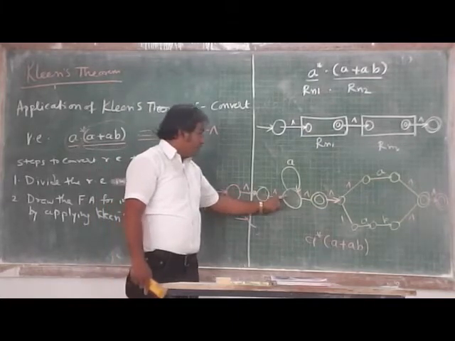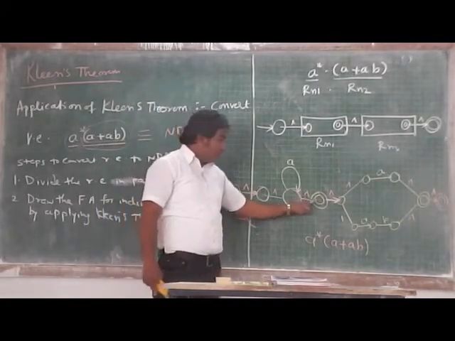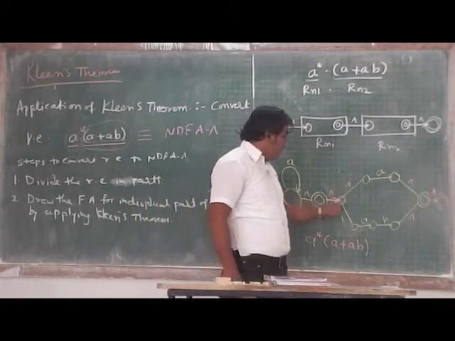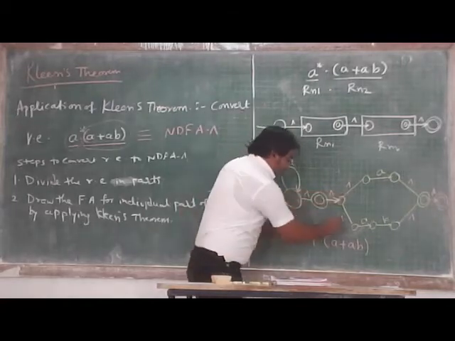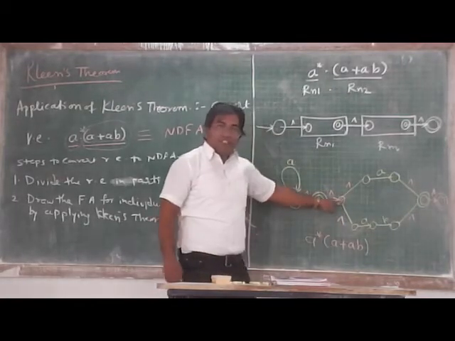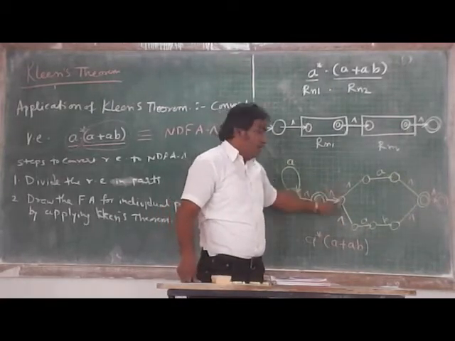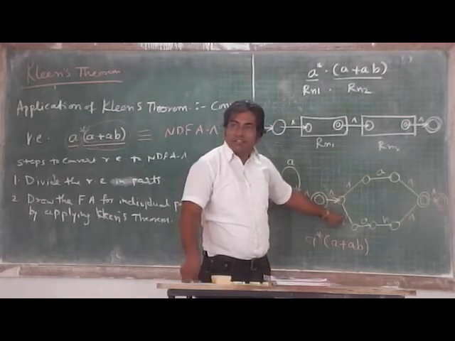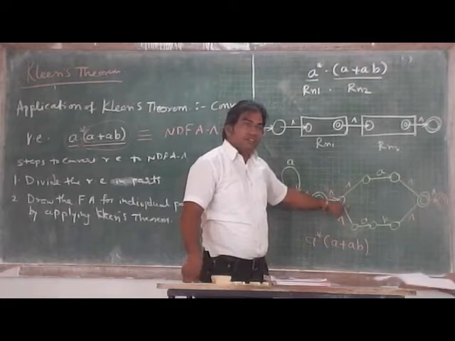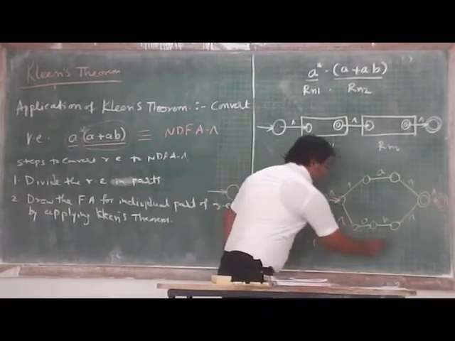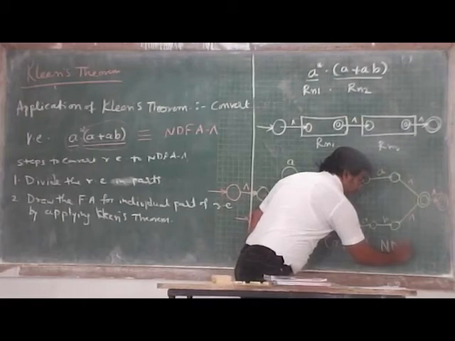This is null. From this, A and null. From this, null. From this one, null and null. Yes, it is now an NDFA. You see, from this particular state you are having two nulls. This is a kind of non-deterministic property we are having. So that is why this is an NDFA